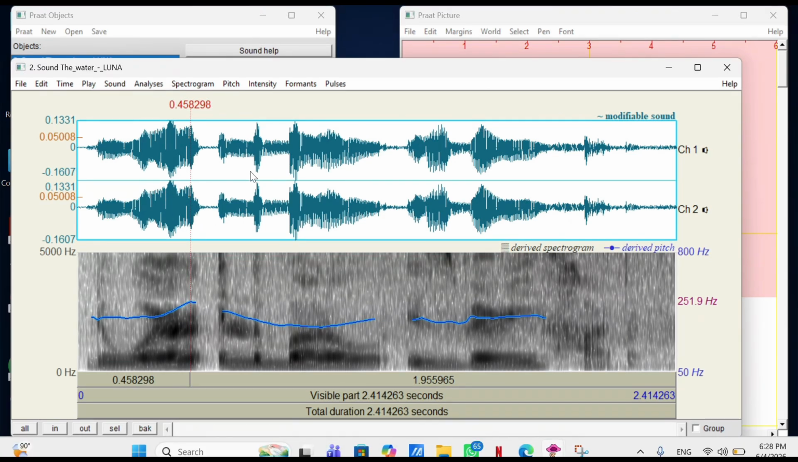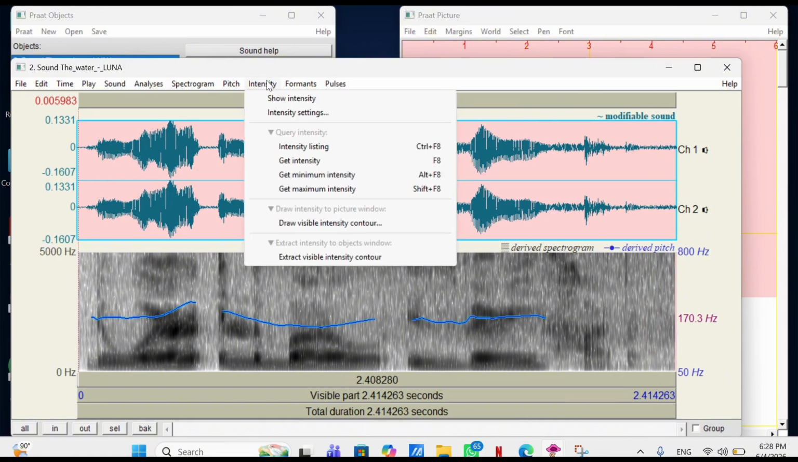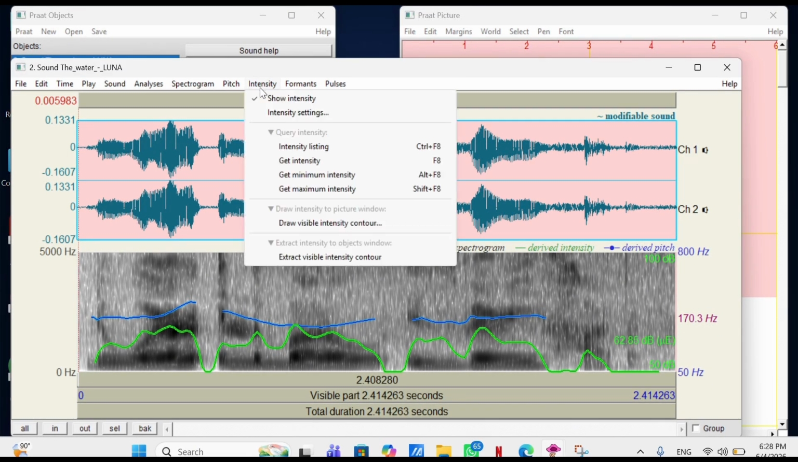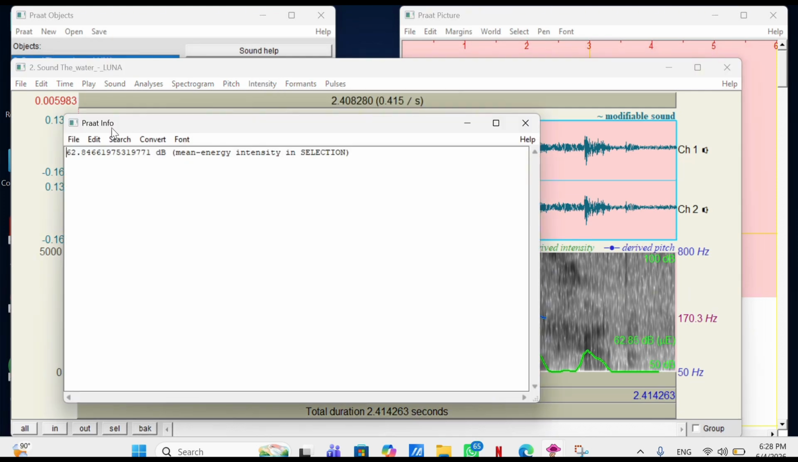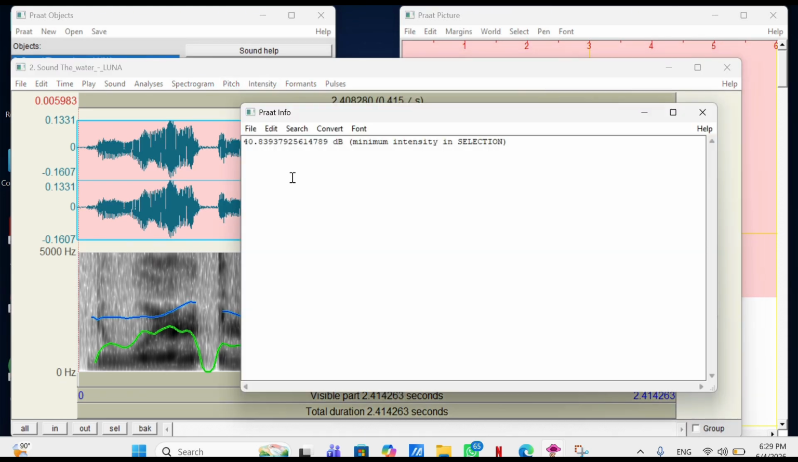And next we will find the intensity. Block the sound again, click intensity, click show intensity. The green one is the intensity. Click intensity, get intensity, and the mean intensity is 62.84 decibels in selection. Close the tab, click get minimum intensity, and the result is